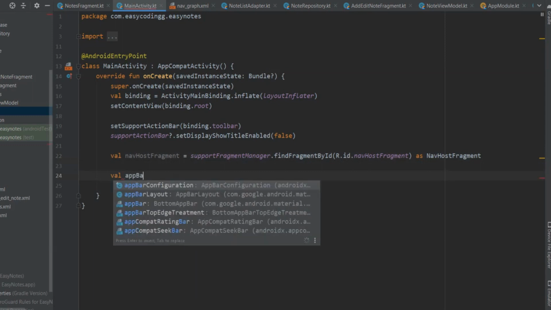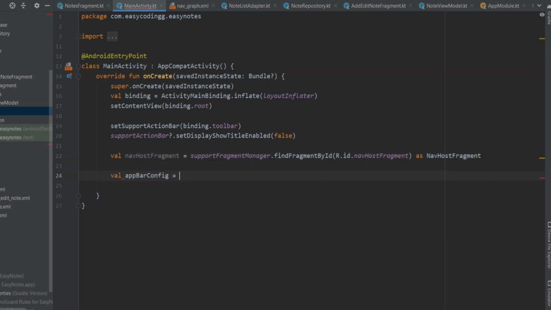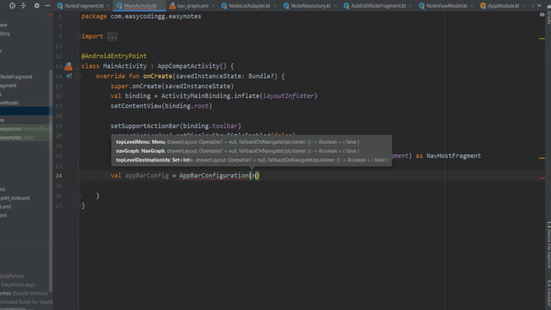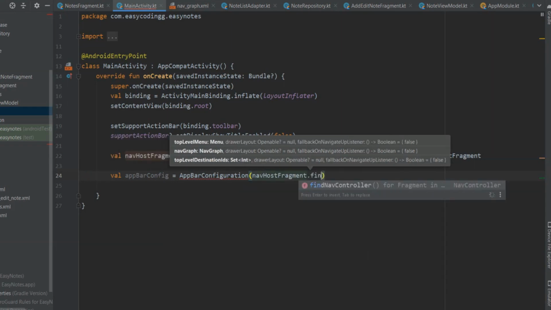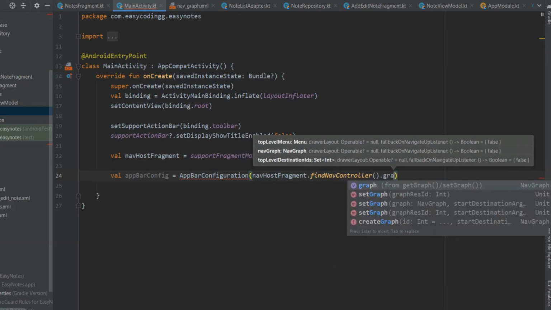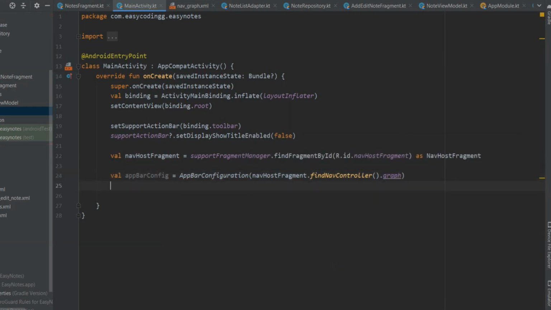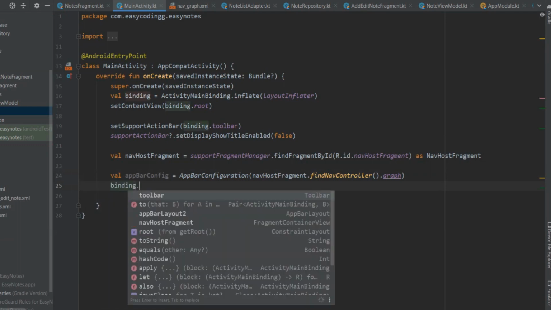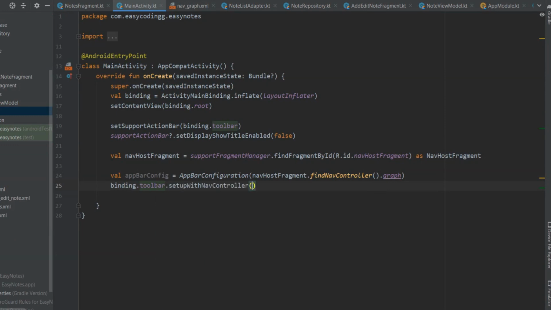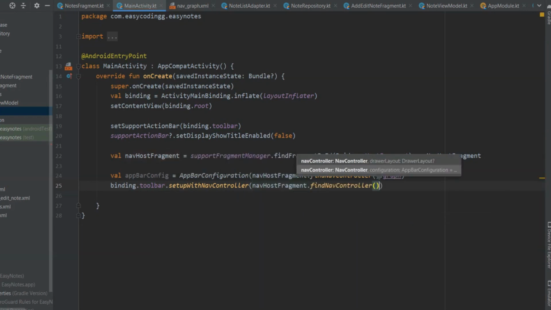So appBarConfig will be equal to AppBarConfiguration, and we'll pass our nav graph here, which will be navHostFragment.findNavController().graph. And now we'll set this app bar config to our toolbar. So binding.toolbar.setupWithNavController, and the first parameter will be our nav controller, so navHostFragment.findNavController(), and the second parameter will be just our app bar configuration, which will be appBarConfig.